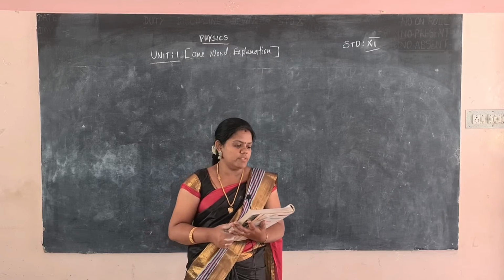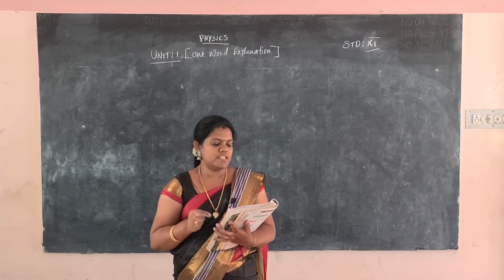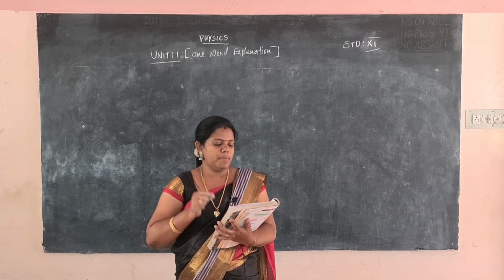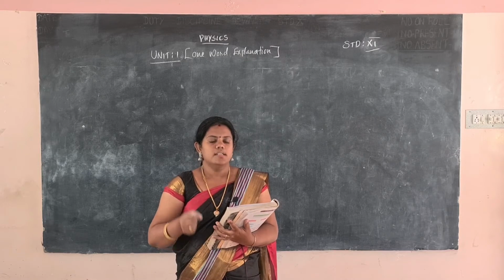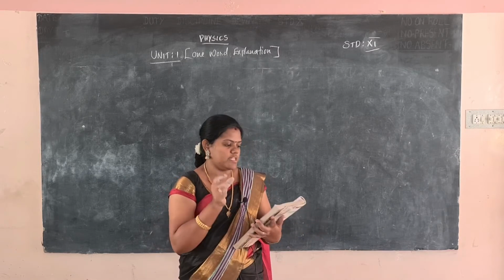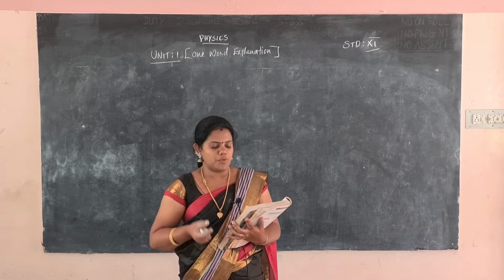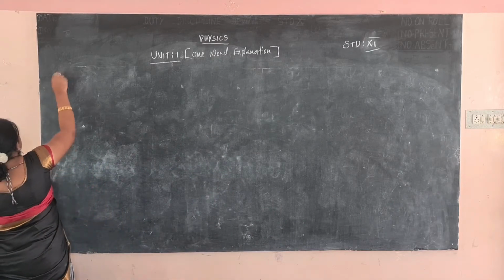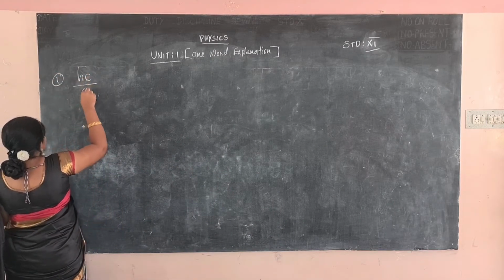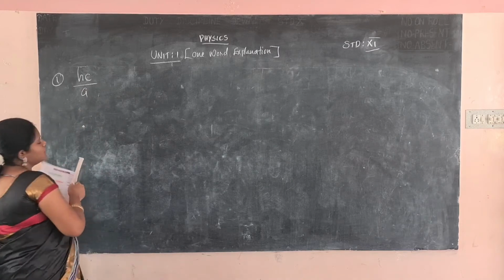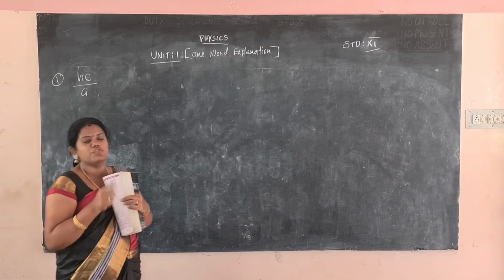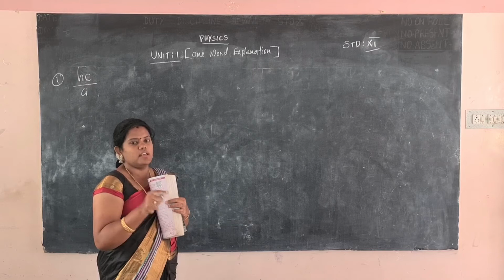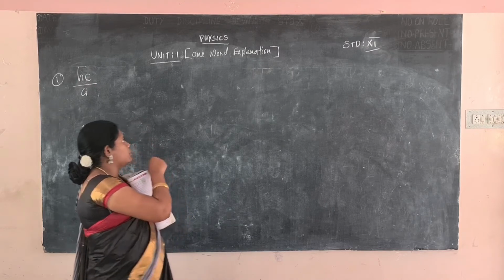Okay, so first one-word question: one of the combinations from the fundamental physical constants is hc by G. The unit of this expression hc by G? They have given physical quantity constants, and asked how you would express them and what the unit is. So first you have to learn thoroughly the dimension formula for all the quantities. Our book has one table; you have to understand and learn that table first, and then work out all the problems.